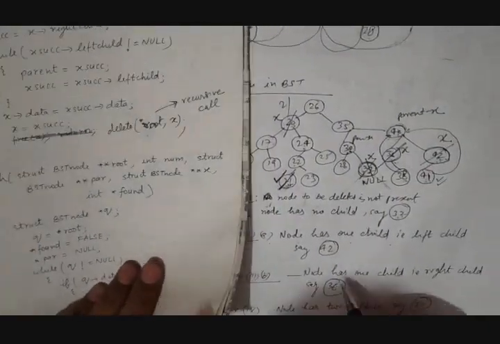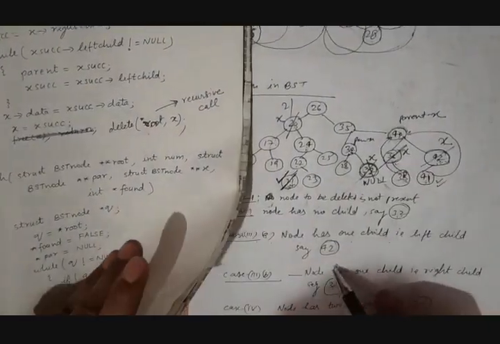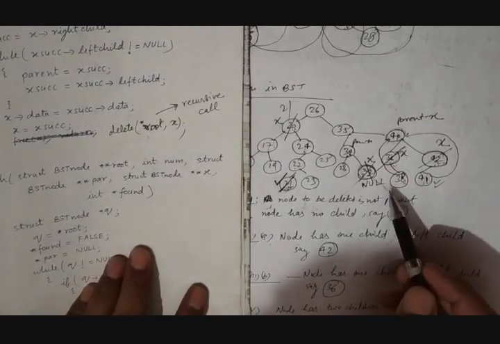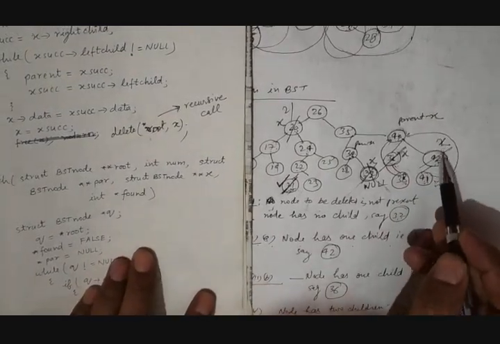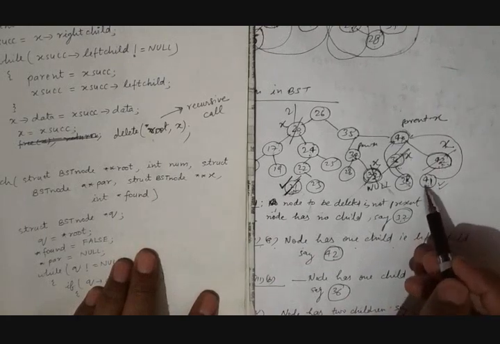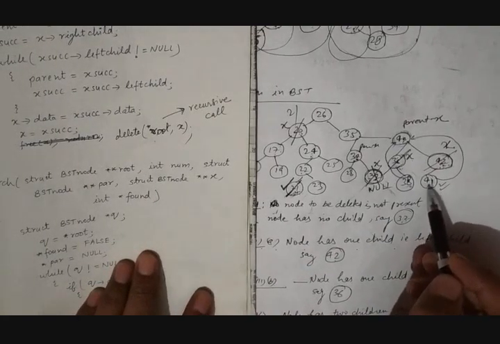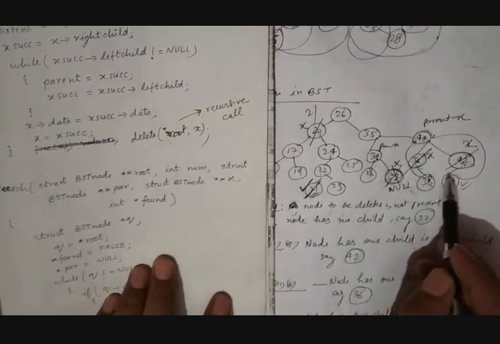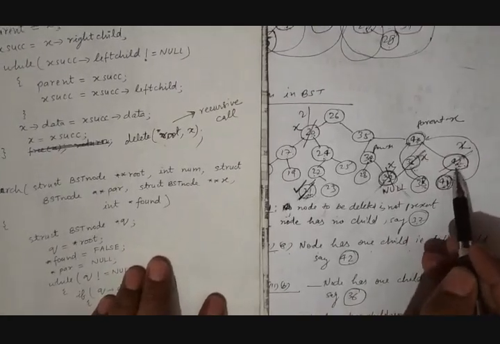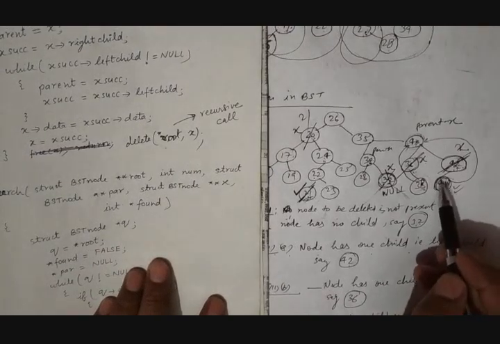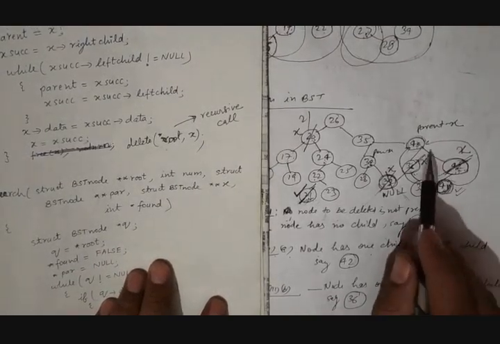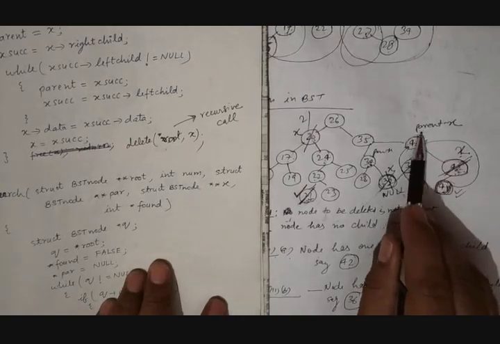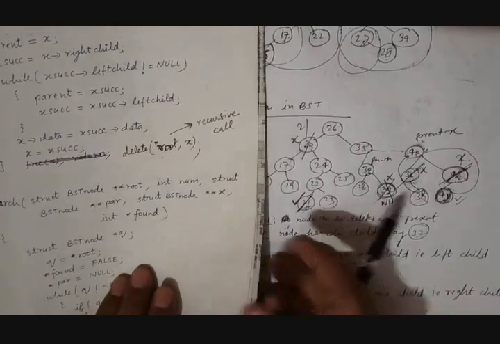So what we will do here, just see in this case, 36, 42. Just see here, 42 is node X. So you want to delete X. It has a left child over here. So if you want to delete this one, since X is the right child of its parent, this remaining node will become the right child of X's parent. It means the parent of X's right child will become this node. So this is how we have written it over here.